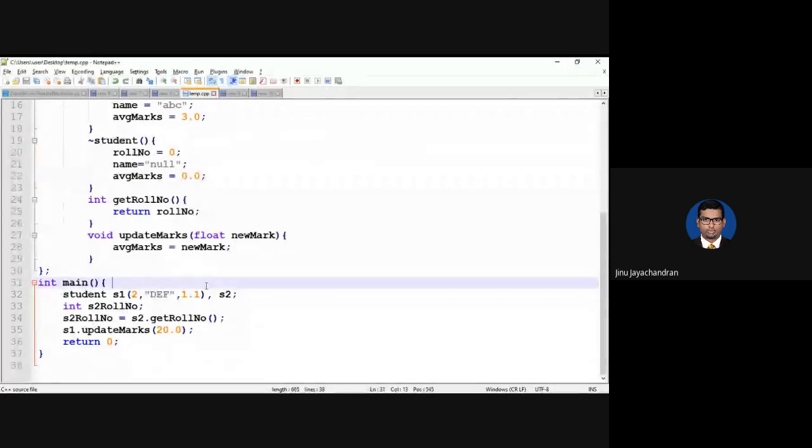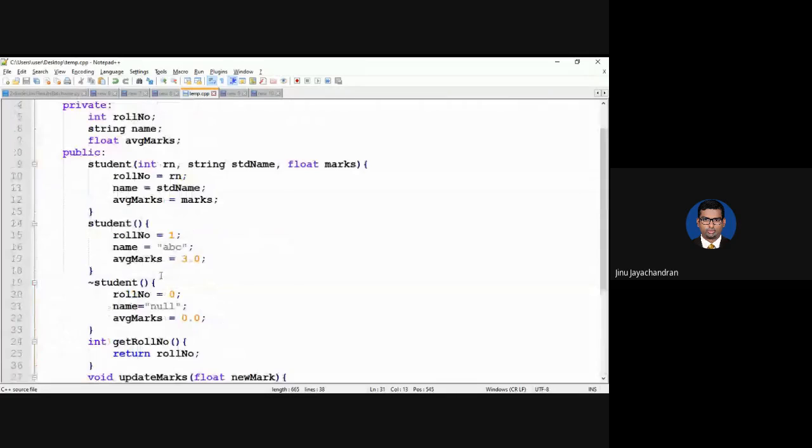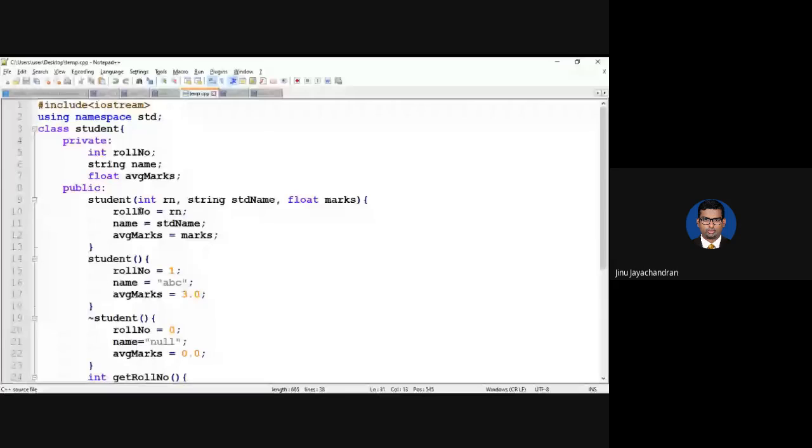The last question, what is the data type of the variable name? There's a name variable called name. So what is this data type? Actually, whatever comes to the left is the data type, which is called string. You might not have seen this string data type. You have seen only char data type. So string is, you can say, an array of characters. Since name is a string data type, I can write name.